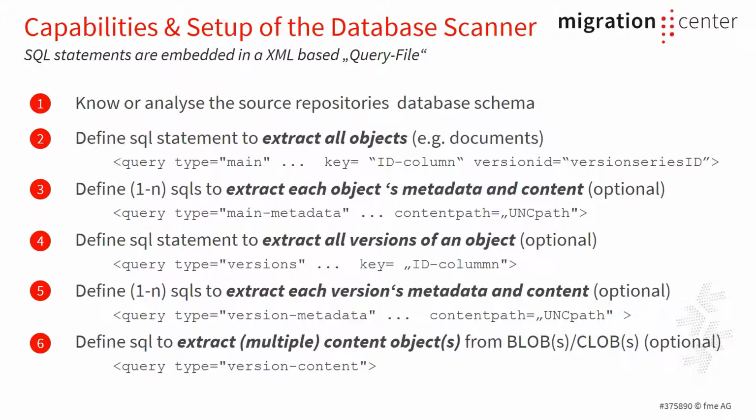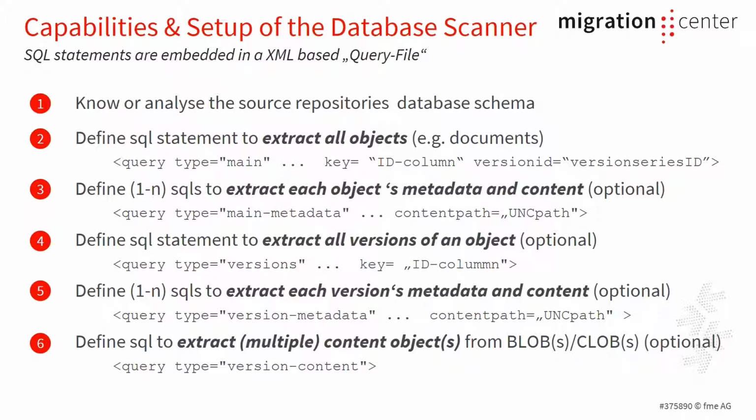So instead of extracting the metadata for the document, you first want to extract all versions of a document. And once you have extracted all versions, you want to extract the metadata for the versions. And last but not least, you want to define an SQL statement where you can extract the content for the